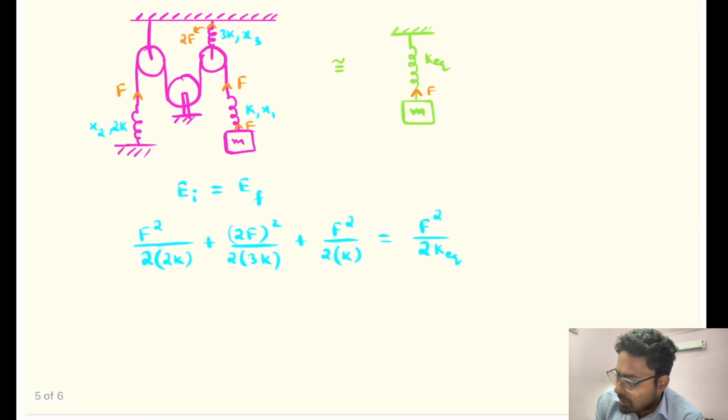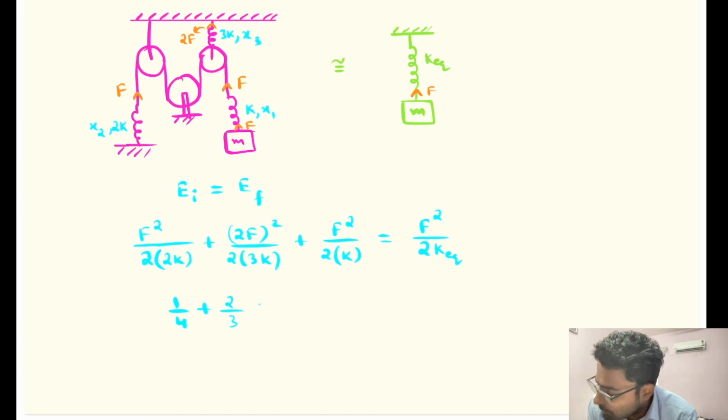So then what you are going to get from here? F square and k will get cancelled. Then here you will get 1 by 4, plus here 1, 2 will get cancelled, you will be getting 2 by 3. Actually it will be 4 by 6, so it will be 2 by 3, plus then from here 1 by 2, which is equal to